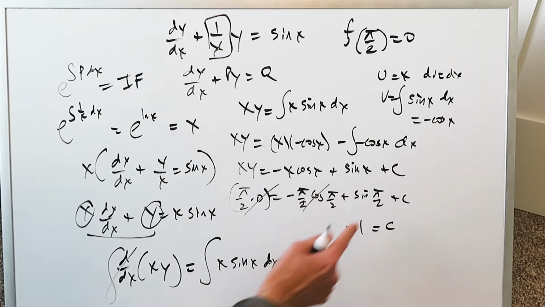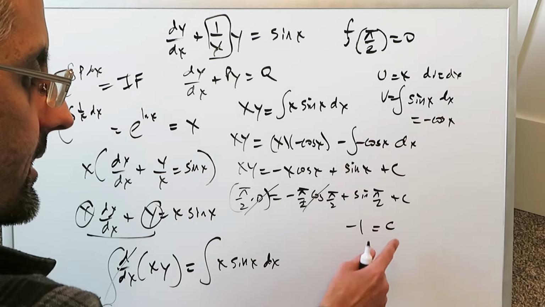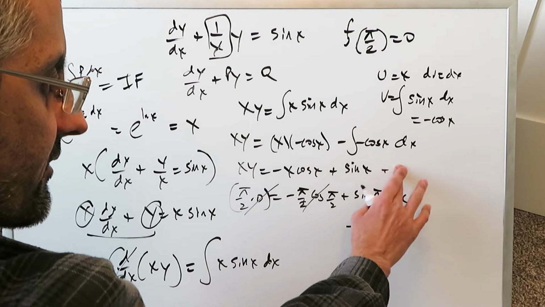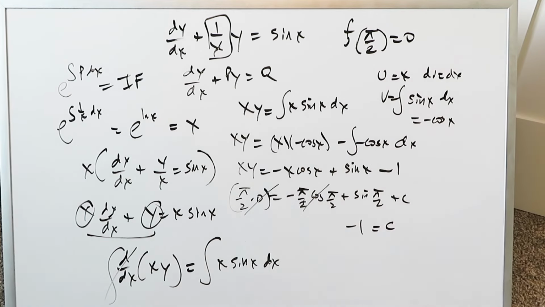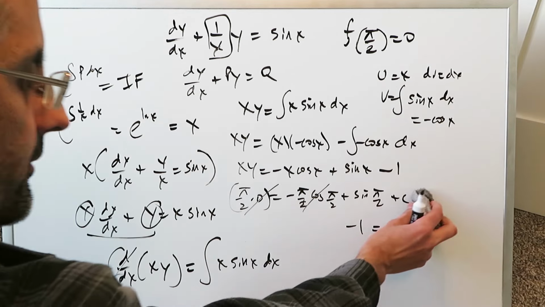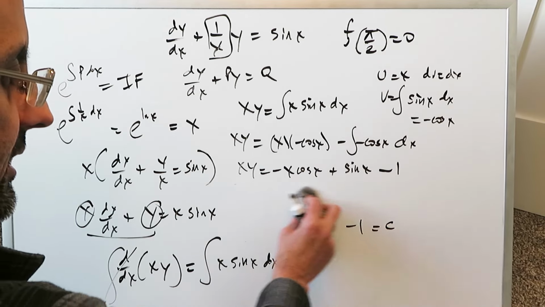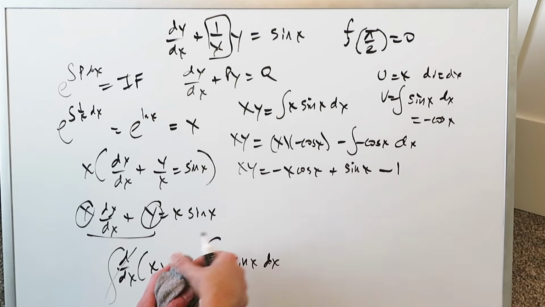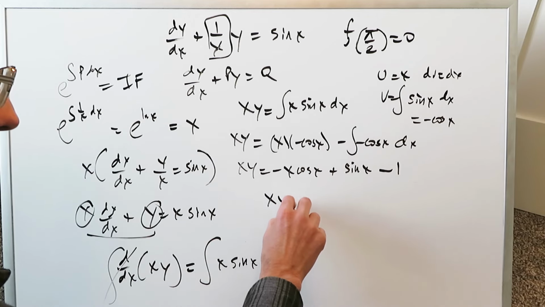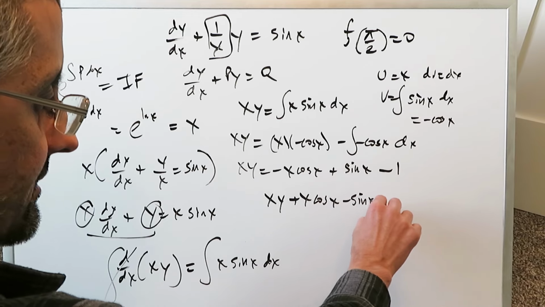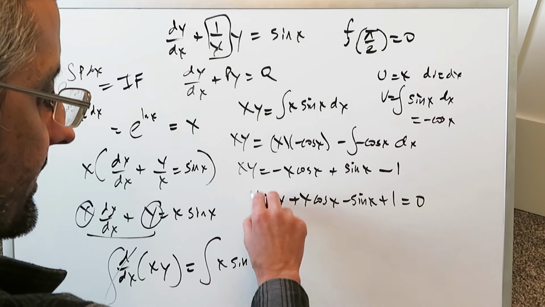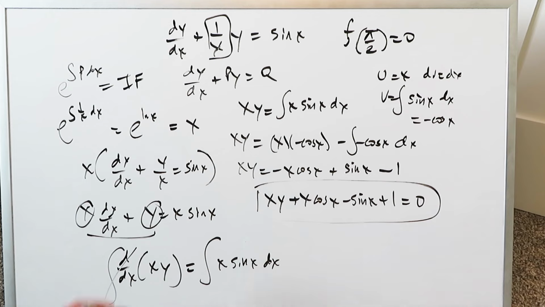That minus 1 will make its way right over here, and you can transfer it right over here and affect everything. This here can be your answer if you want to, or you can rewrite it. Allow me to rewrite it in a good way. You've seen how this minus 1 value has come about, but let's push everything on one side. We'll have xy plus x cosine x minus sine x plus 1 equals 0. And this here could be your final equation or answer for which that differential equation holds true